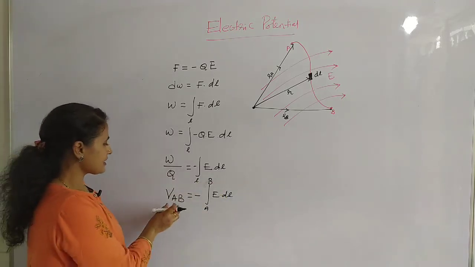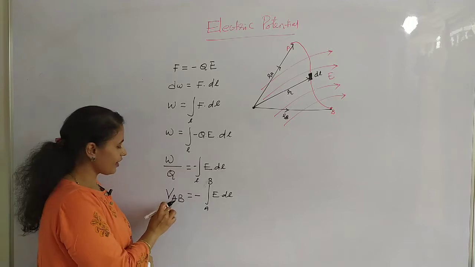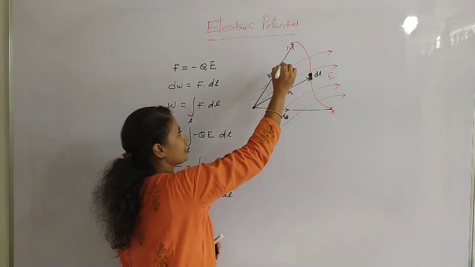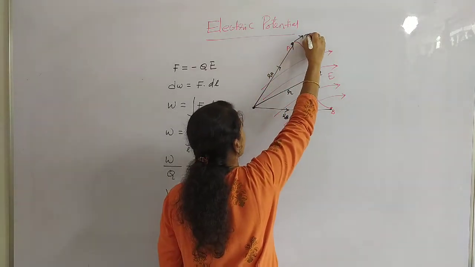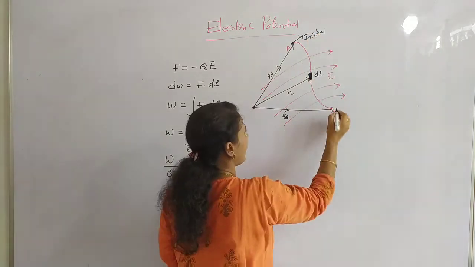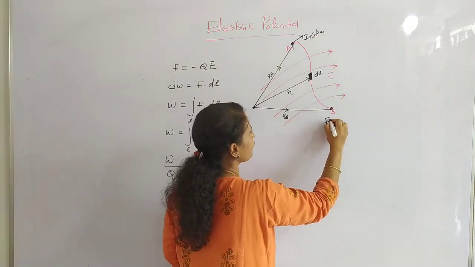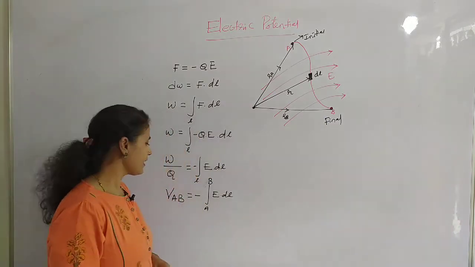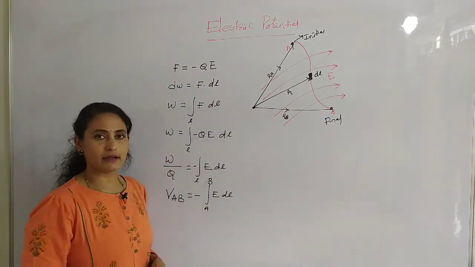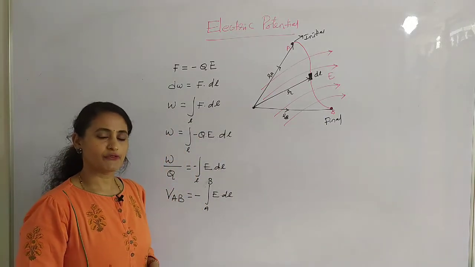So this A in VAB is the initial point, and the point B is the final point. Okay. And this minus sign indicates that the work has been done